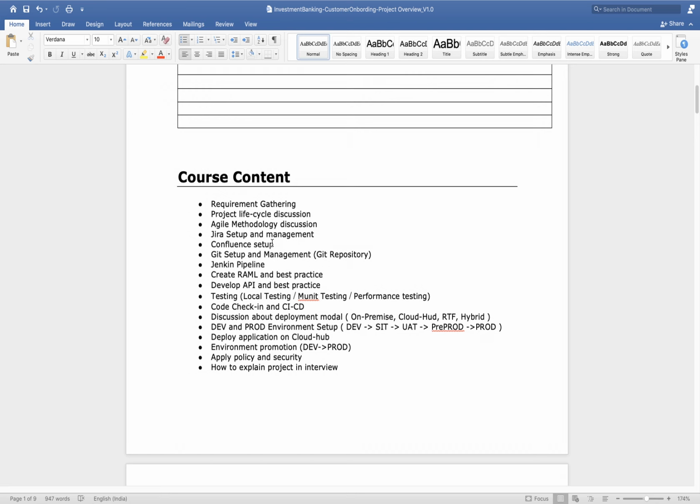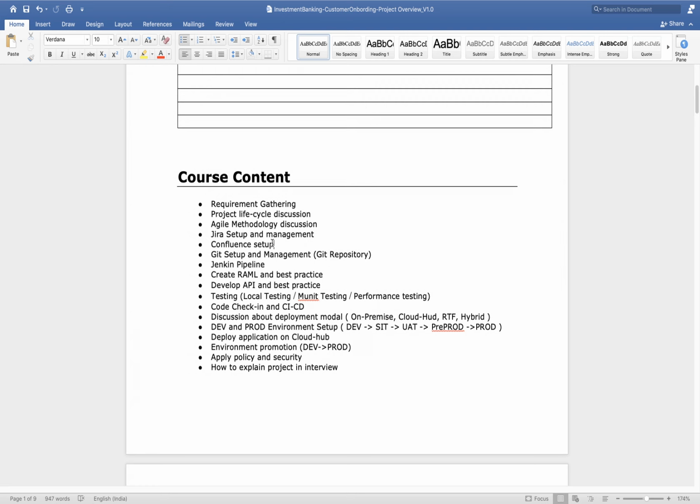This repository will change from organization to organization or client to client. Many places you will see Git, many places Bitbucket, many places Azure repository. It depends on company to company and client to client.